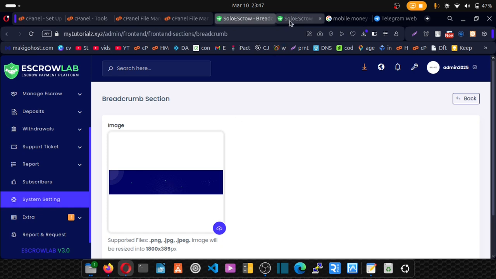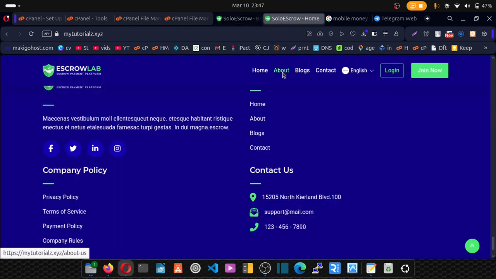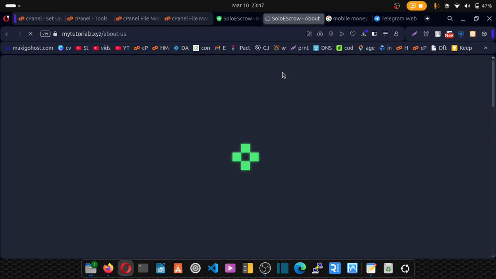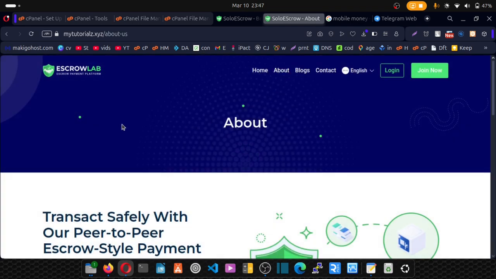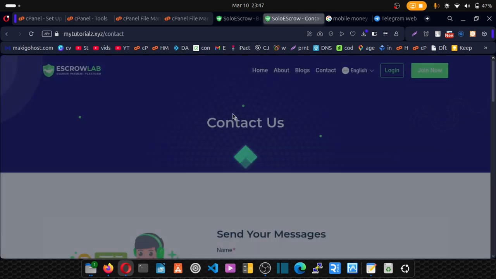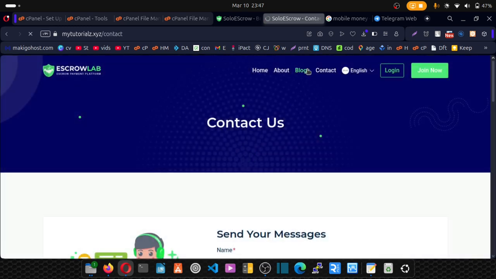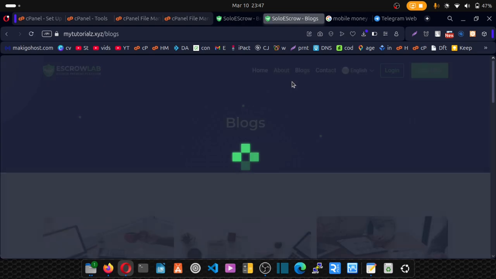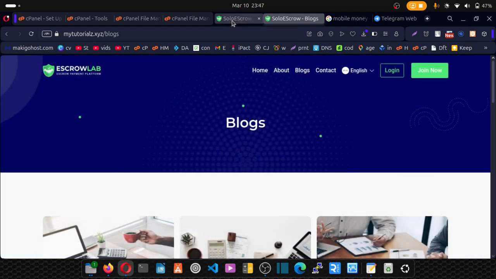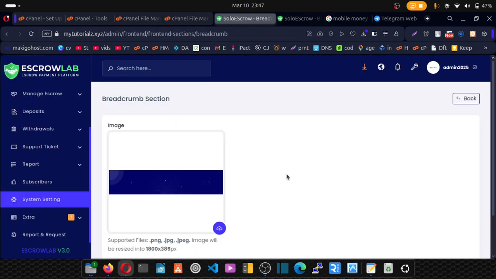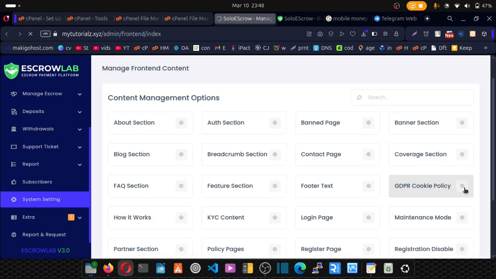Now this image appears on every page. Let me go to about us and show you. And you see in the background we have this banner with some dots there. When you go to contact, you see the same thing. Whichever page you go, you're going to see the same thing. So that thing is called breadcrumb. Upload your own breadcrumb or you leave it. Click here